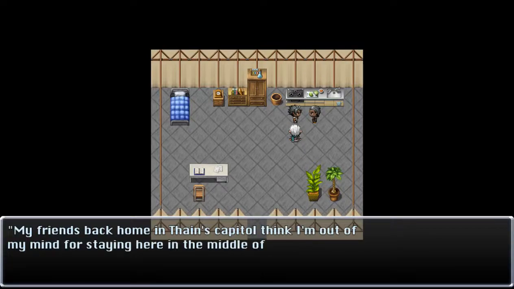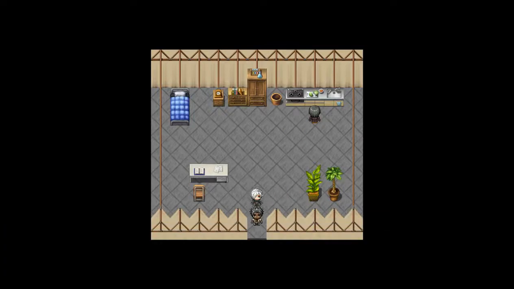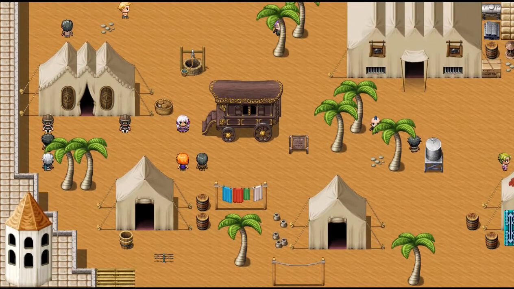My friends back home in Thane's capital think I'm out of my mind for staying here in the middle of the desert. They just don't realize the freedom that can be found here. Well, you know, Thane is kind of situated in the same desert, so...